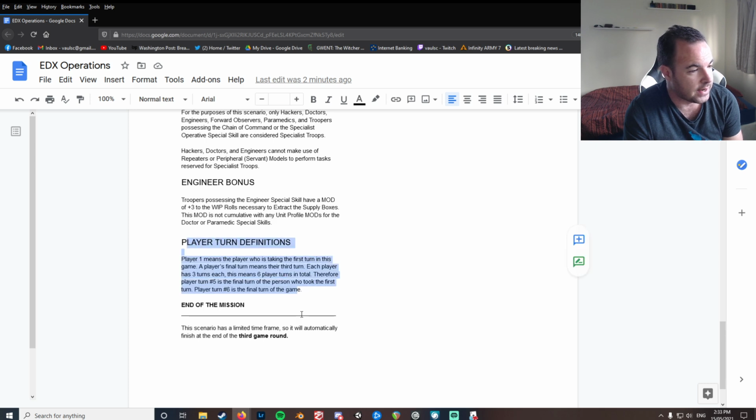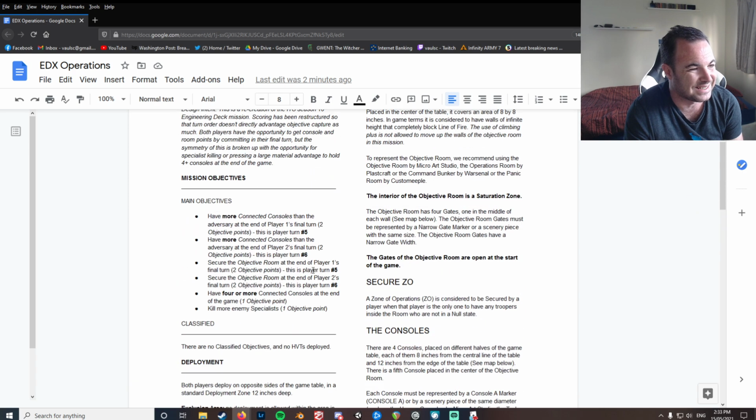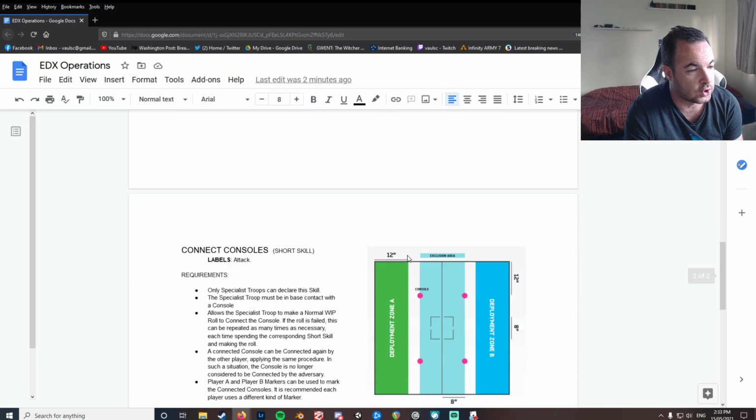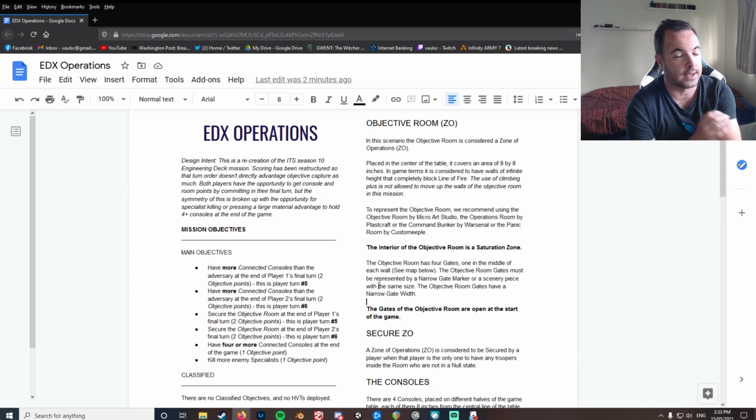There's the definitions we read out earlier, and that's the end of the mission. So I think it's quite a straightforward mission to understand and read and play. I think once you guys have practiced this once or twice, it'll be really easy to remember the rules for it as well. And like I said, it's very likely I'll be using this in my upcoming